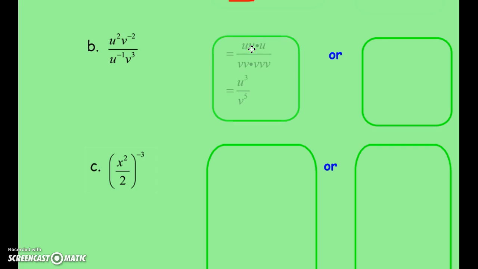Let's take a look at writing it out first. So the first thing I did was, you'll see that I took that u to the negative 1 and I'm sending it up top, and then I have that v to the negative 2 and I'm sending it to the bottom. Those negative exponents can't exist where they are, so we have to send them to the opposite location